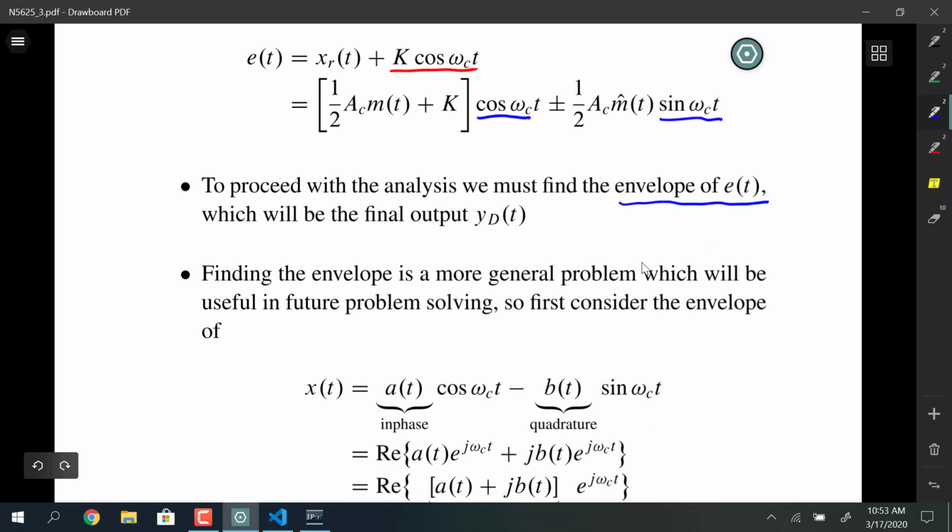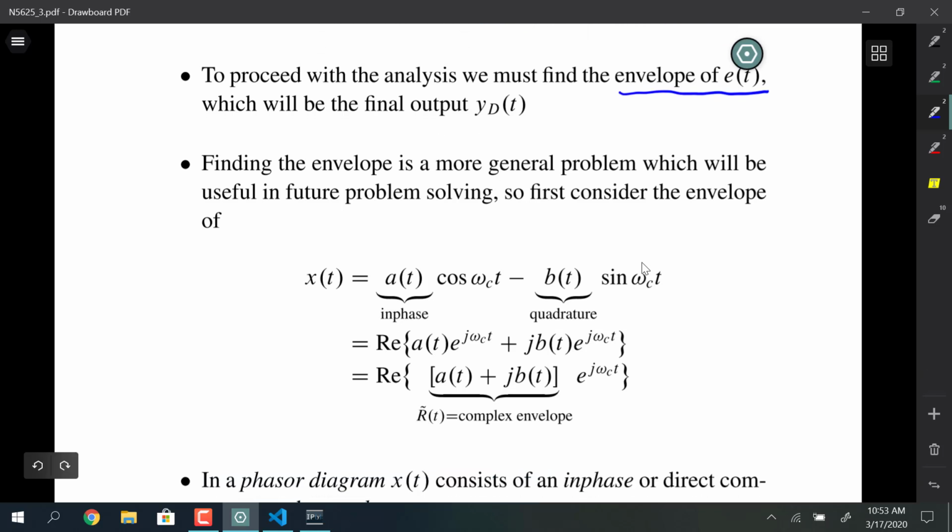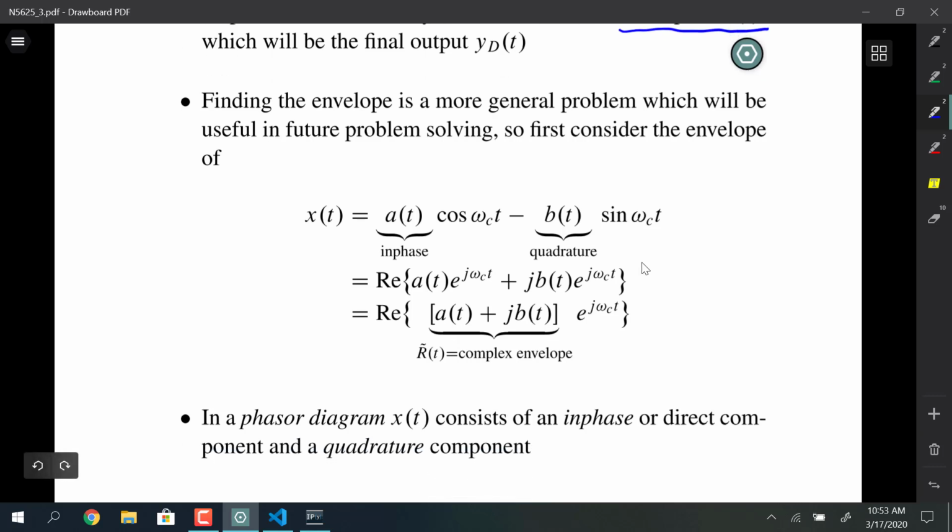And then that's going to be our final output. So the more general problem of finding an envelope of a signal revolves around this generic expansion, where we have our received signal of the form A of t times cosine omega ct minus B of t times sine omega ct. And if we use Euler's identity and go backwards to write these as complex sinusoids, we see that x